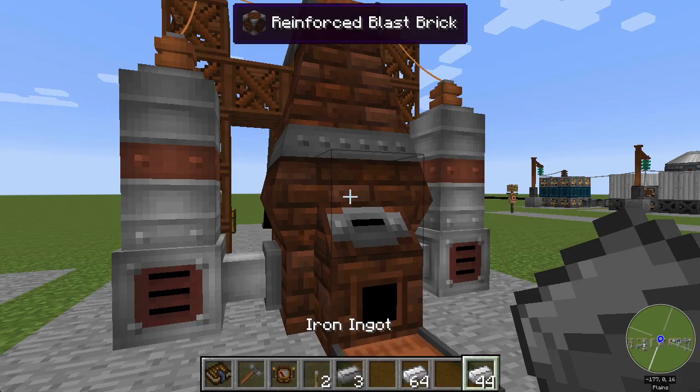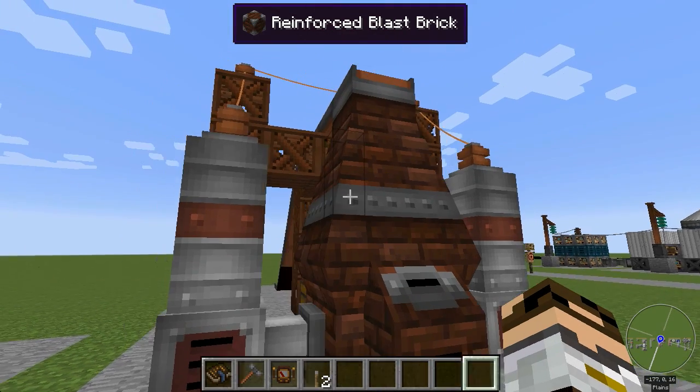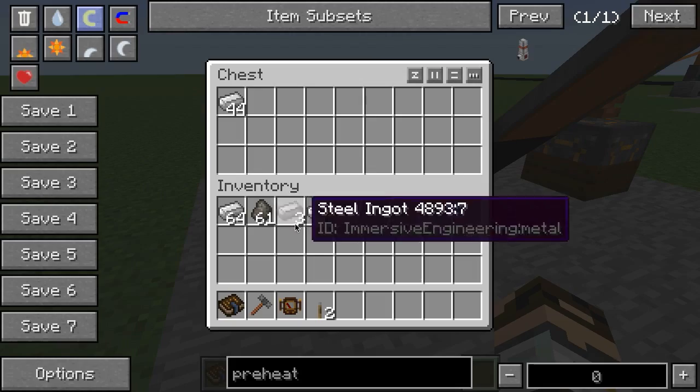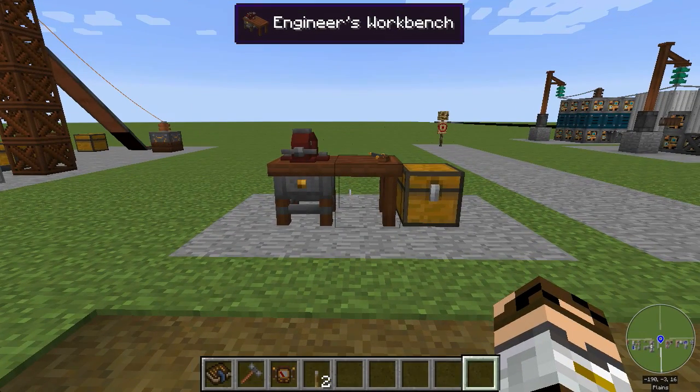There's a lot of things that need steel in this mod, so this is an investment you're probably going to want to make pretty early on in the game, because otherwise you're going to be spending a lot of time babysitting your blast furnace. Next up, I thought I'd talk about some of the hand tools that Immersive Engineering adds,